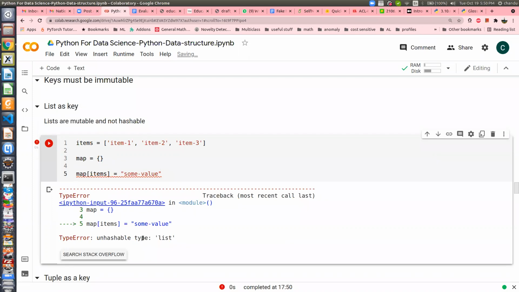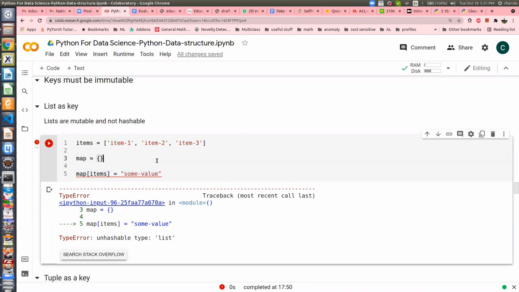So remember, all the keys in the dictionary should be immutable. That means integers, floats, tuples, and strings can be used as keys in a dictionary because they are immutable. Can you change 2? Because 2 is 2, right? You cannot modify 2.